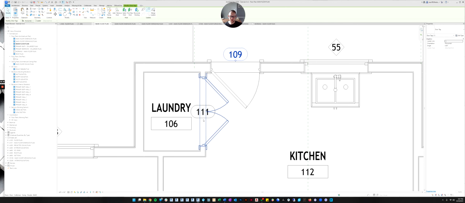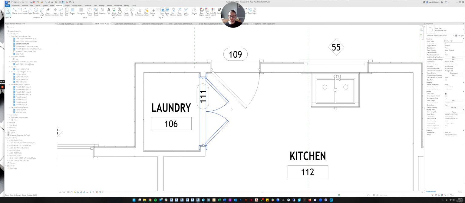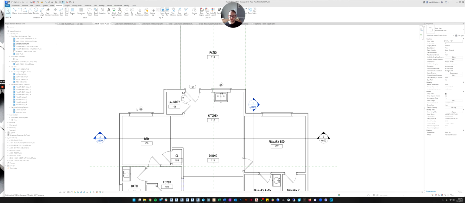And same with this tag. Do you see how messy this is? It's a little too close to the room label and the doors are running into it. So I'm going to turn the tag. If you click the tag and then go up to this little bar up here, you can see where it says horizontal. You can drop this down and say vertical, and it will rotate it. And then I can move it. I'm just going to move it in the doorway, but just out of the swing symbol. So that looks a little better now.